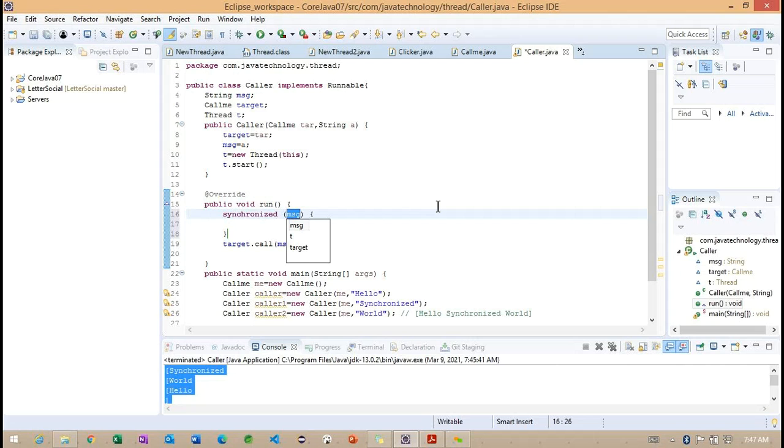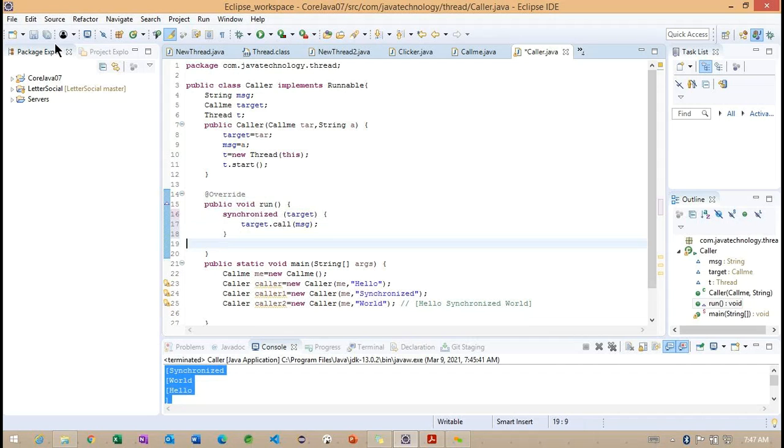Basically, what I'm doing here is specifying a synchronized block, and we are going to work with the target object, that is our super class, and I'm going to pass this information inside this synchronized.